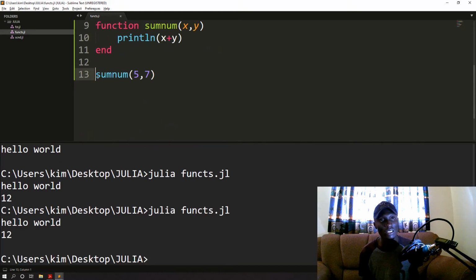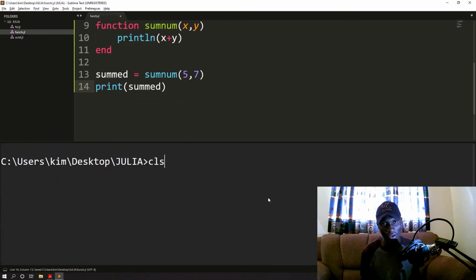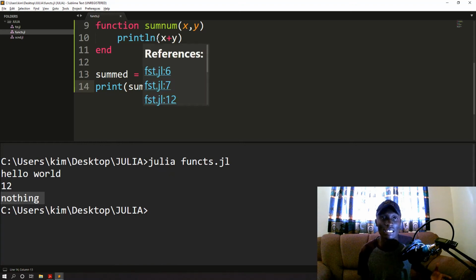Now what if we wanted to see, let's say, summed is equal to x plus y, and print summed. I want you to check something. You see, it returns nothing, because this function doesn't have something that it's returning.